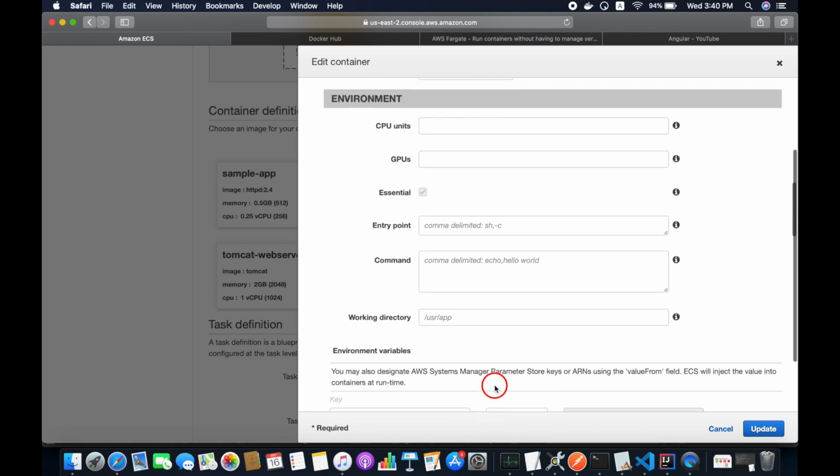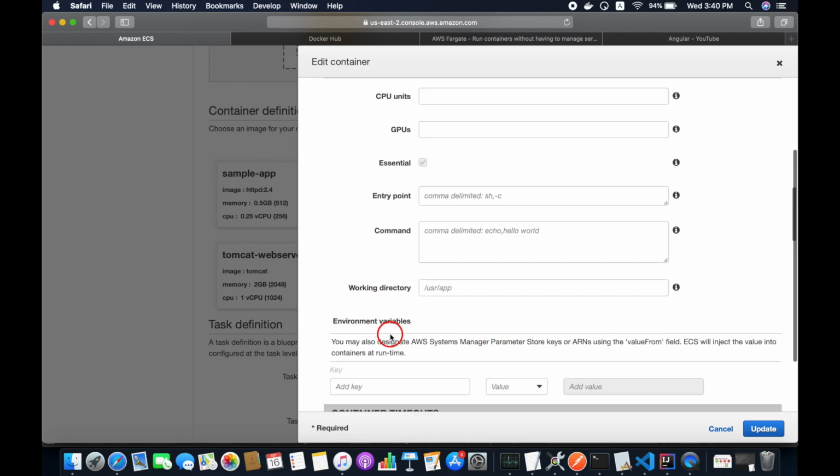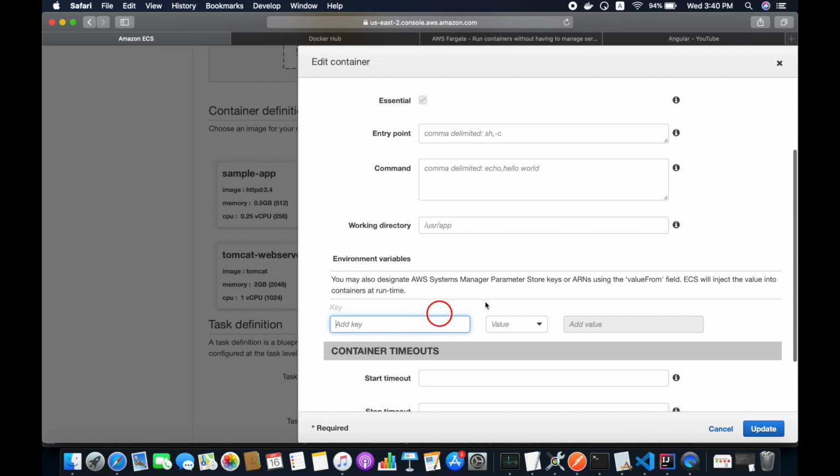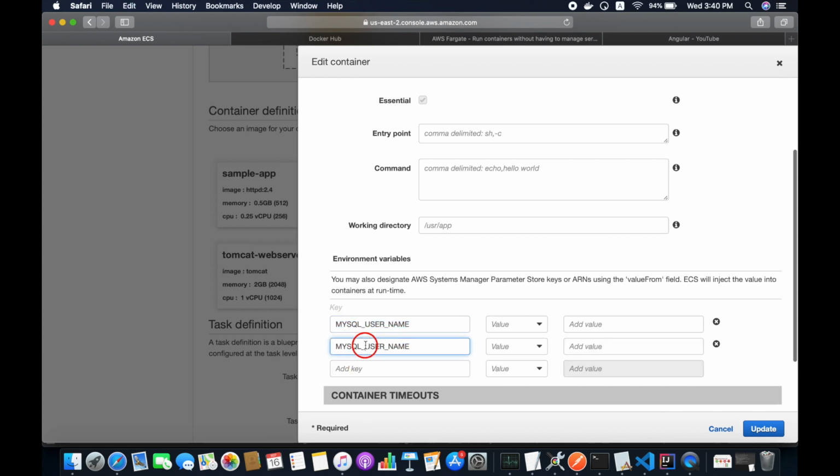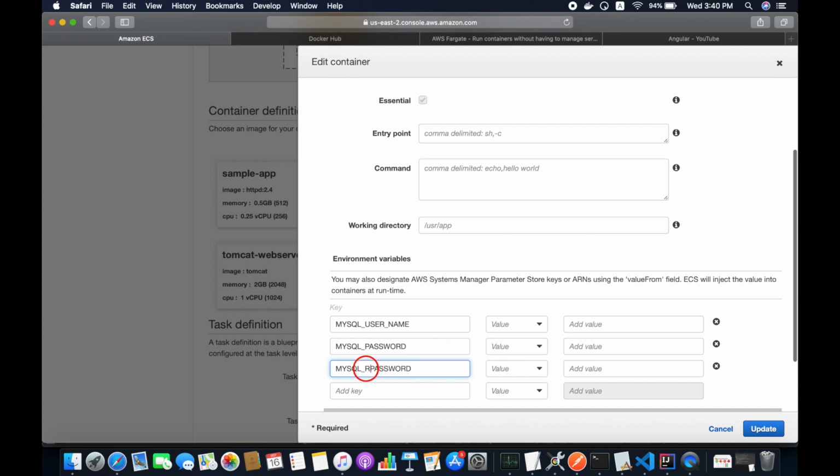Click on advanced container configurations. Here we need to specify the environment variables, which will have keys and values. Basically we need a MySQL user name, and we need a MySQL password, and again we need a MySQL root password, and we need a MySQL database here.